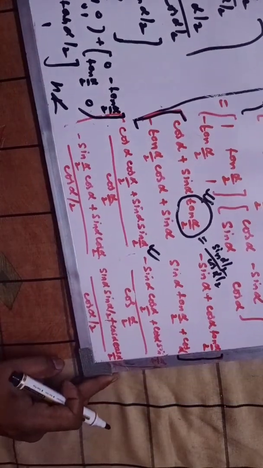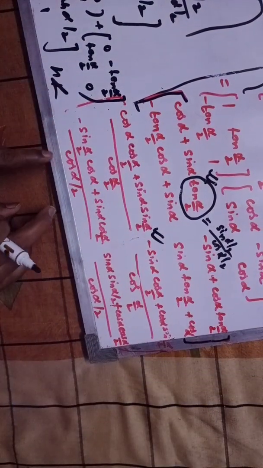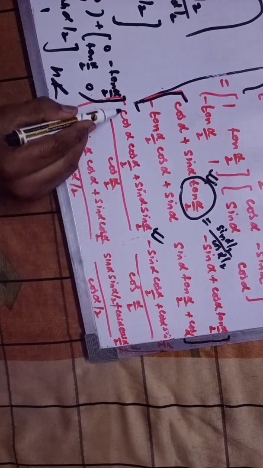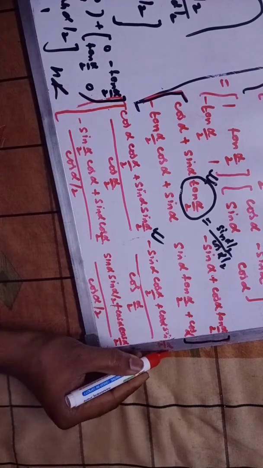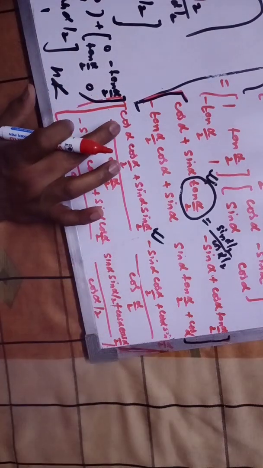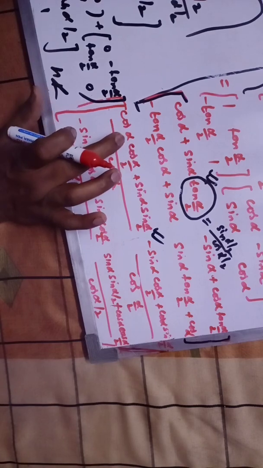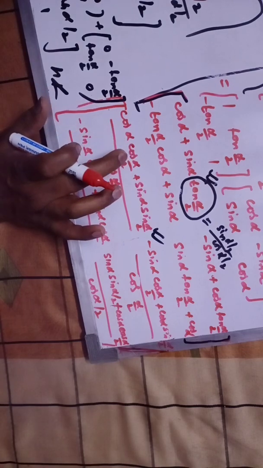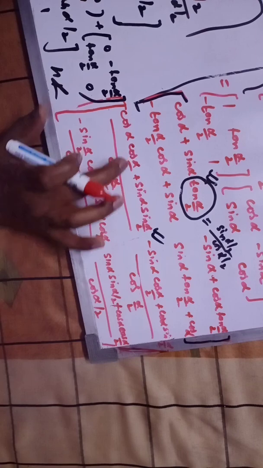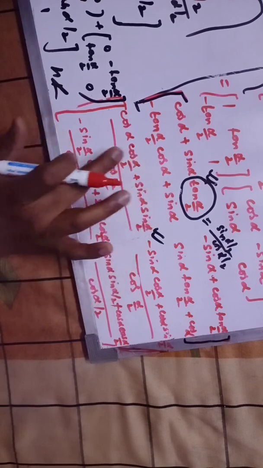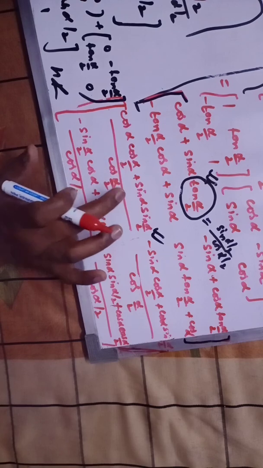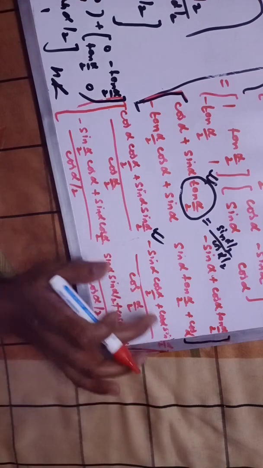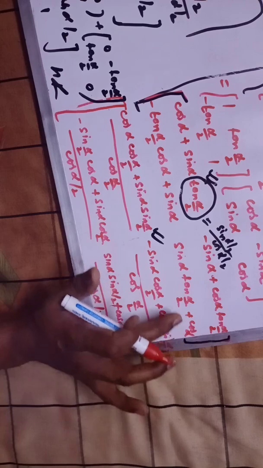Yes bachche. After solving this whole step, the last step, I'm showing here this step. As you can see, it is a formula: cos A cos B plus sin A sin B. So this is the formula for cos A minus B. Fine. This is also converting into a formula.